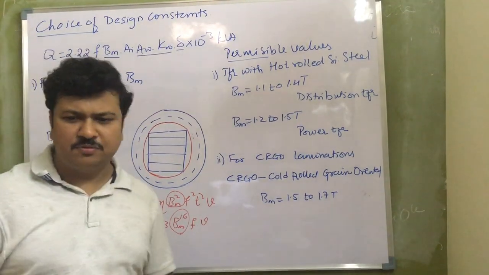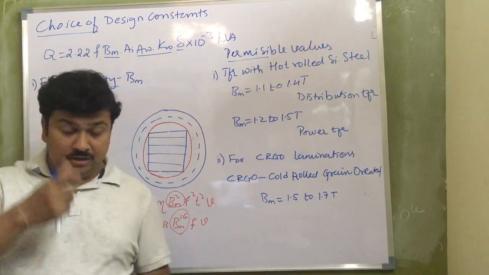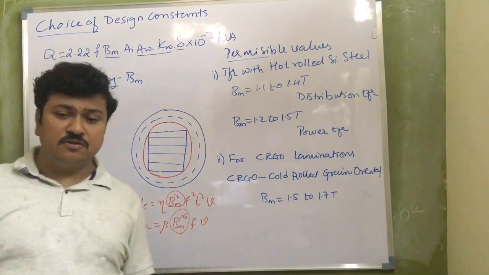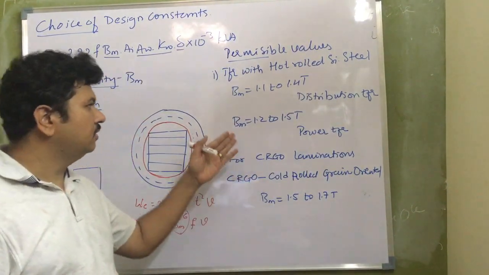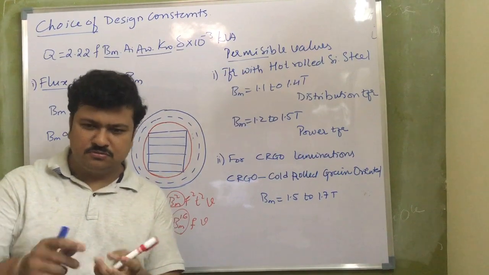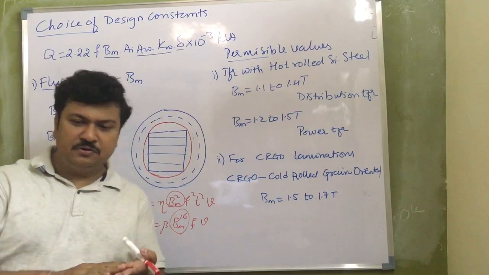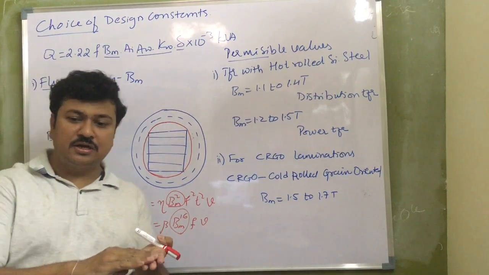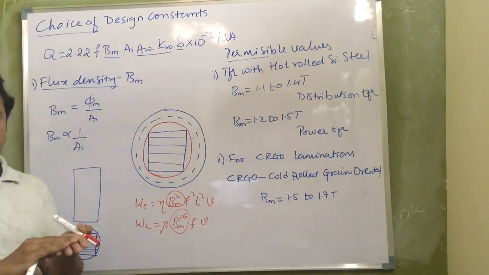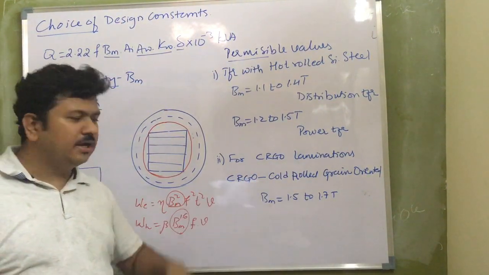Hot rolled steel is used for small and medium sized transformers because cold rolled CRGO steel is a little bit costly. Why is CRGO steel important? Because the resistance of the core is very high. The CRGO steel is not smooth. The hot rolled steel is very smooth, but CRGO steel is somewhat like sandpaper. If you touch the sandpaper surface, you will feel the grainy sand particles on the paper. Somewhat of that sort, this CRGO steel core will be.